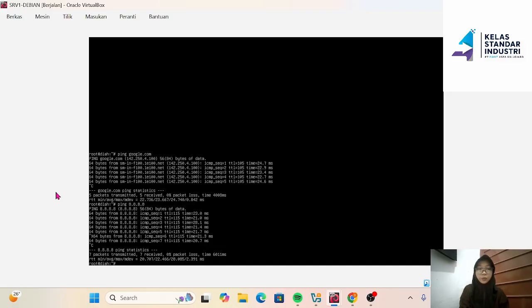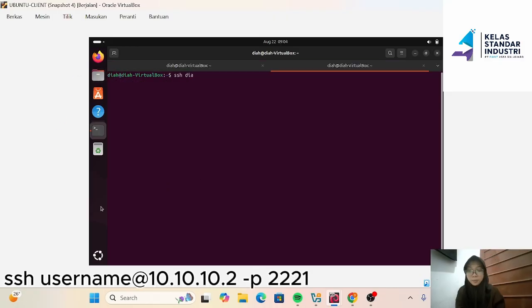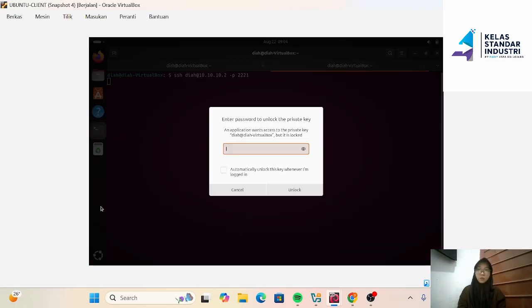Just a quick note before installing NFS, please ensure the virtual machine you are using has internet access. Okay, access server 1 via remote connection. Enter passphrase.